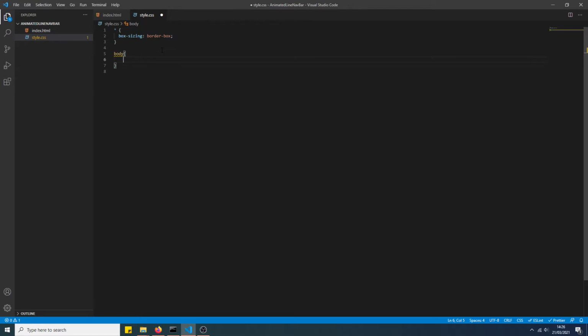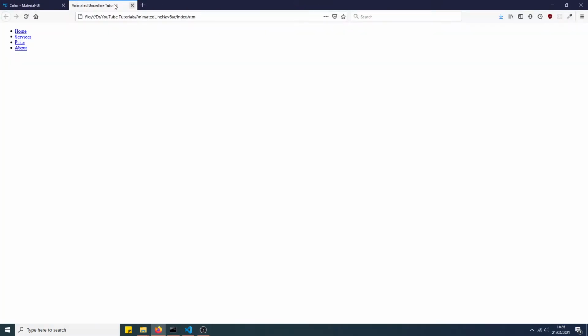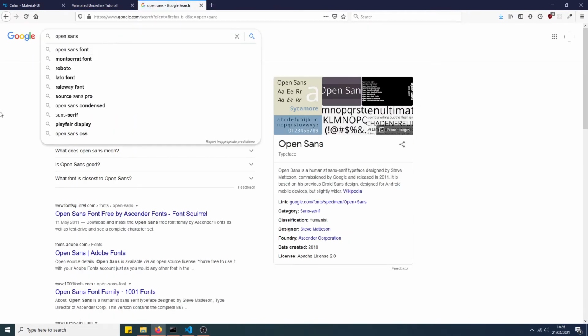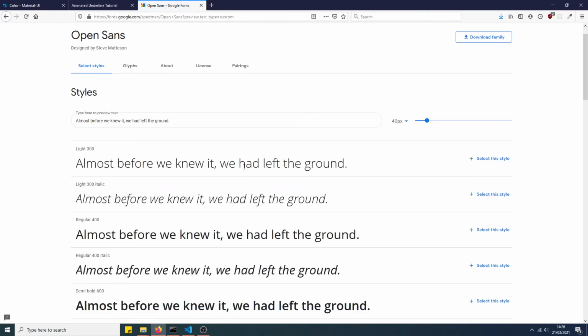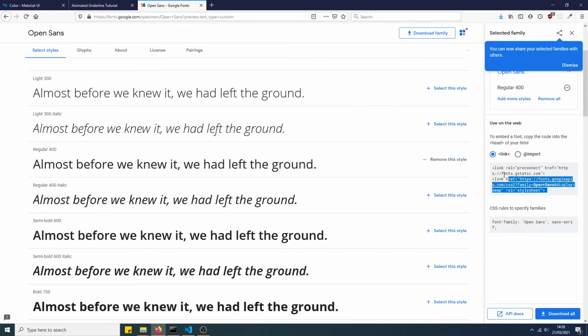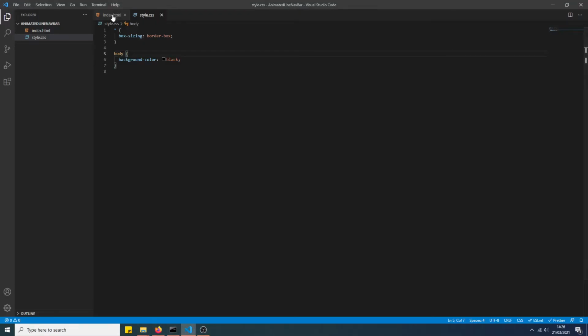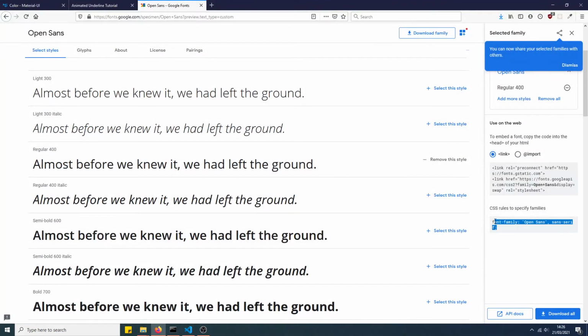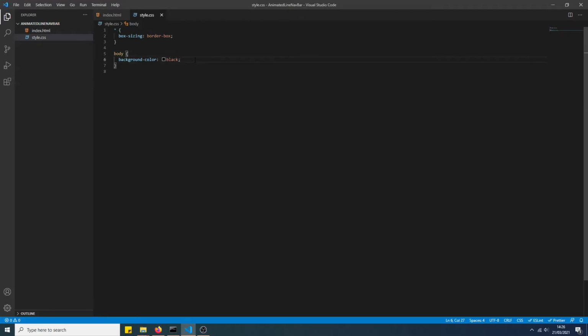And then what we're going to do is we're going to set the background of the body to be black. So the way that we're going to do that is background-color: black, but we also want to use a custom font. The font that we're going to be using is called Open Sans. You can find it on Google Fonts, just the regular version. So I'll put it into the head of the document. Put a comment there. And font-family,